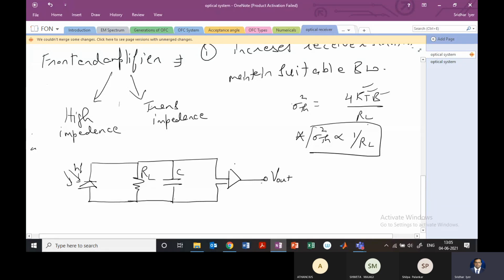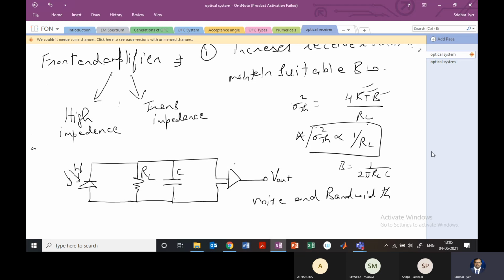Right? So the trade-off that we need is between noise and bandwidth, right? Because we know that the bandwidth is given as 1 by 2 pi RL C, the capacitance there, right? So if I keep increasing the RL value, it is going to decrease the noise. It will decrease the bandwidth, yes, but more and more noise can also enter if you have a large bandwidth. So ultimately, noise is signal. So if it gets more bandwidth, it is just going to come into that bandwidth. So there is a trade-off between the noise and the bandwidth in this case.